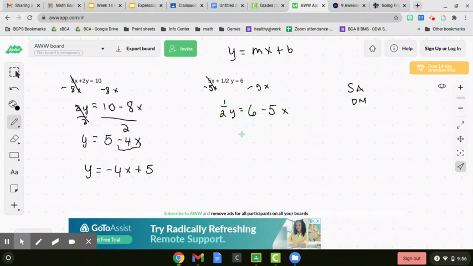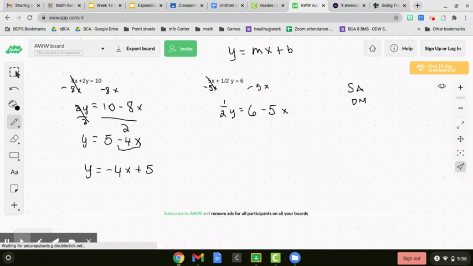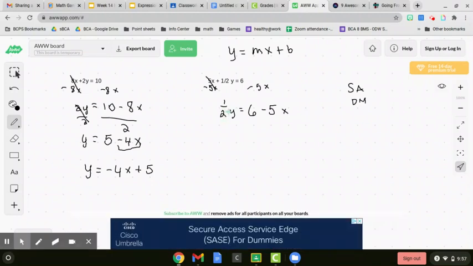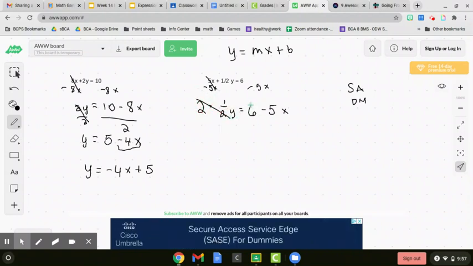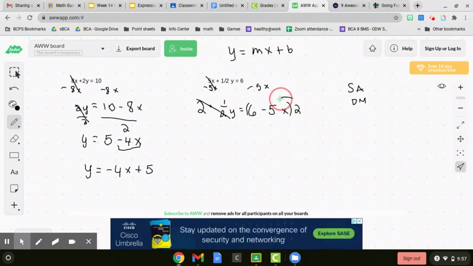We want to know what 1y would be equal to. So we would divide this side by 1/2, divide this side by 1/2, or since we'd be dividing by a fraction, we can multiply by its reciprocal. 1/2 times 2 becomes 1, yay. So then we multiply all of this by 2. Distributive property coming in clutch here. So we get y is equal to